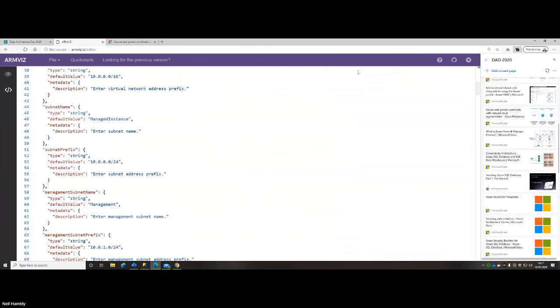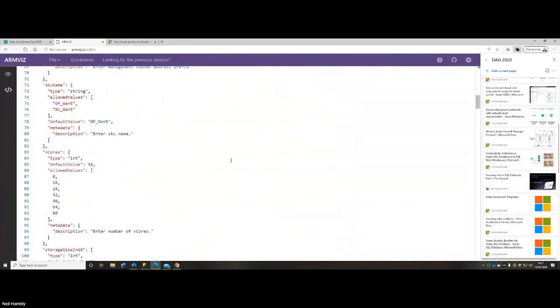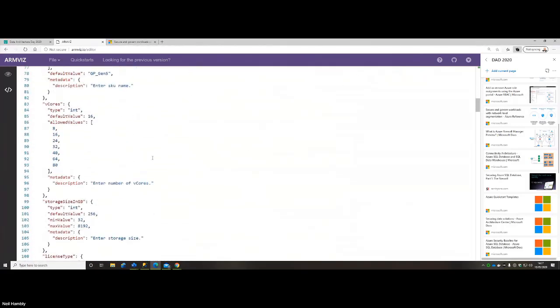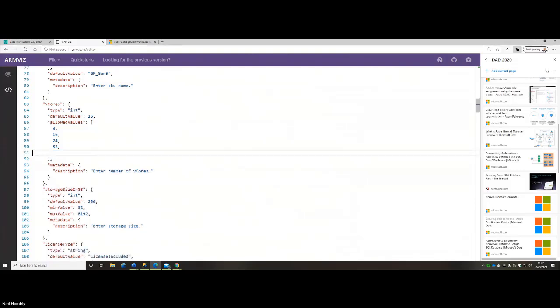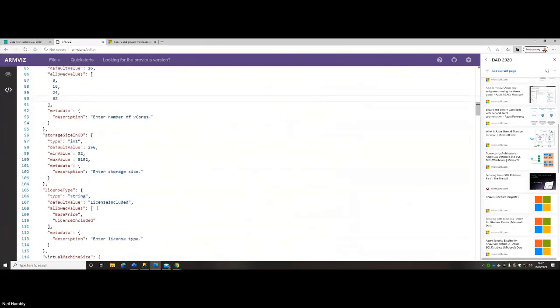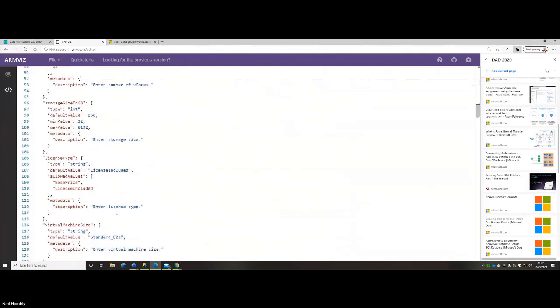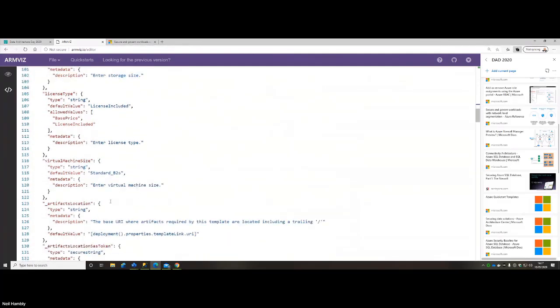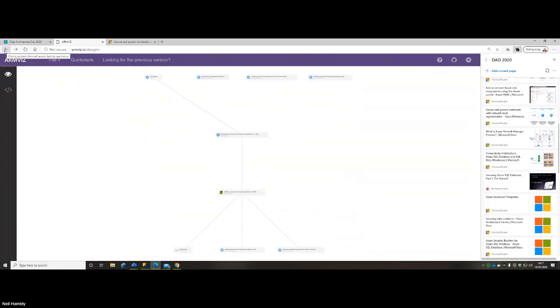So I want to maybe look at the scripts and look at what it's doing and understand, and also maybe reduce the available number of cores, so I can limit things, maybe the size, and whether it's included in licensing or not. So I get to go and choose and figure this out, but I can go and deploy that ARM script and off I go. Okay, so let's go back a level.